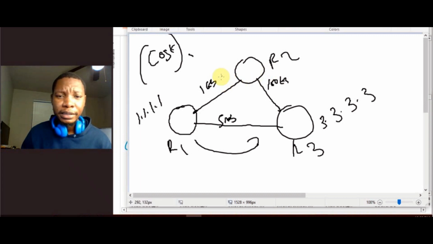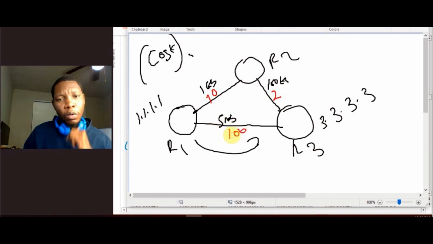Let's say I manually make the cost of this link 10, and I make this one a cost of 2. But for a 5 meg link, OSPF or IS-IS would make this maybe worse. These are just made up values, it's not the exact values on the routers. So let's say I make this link